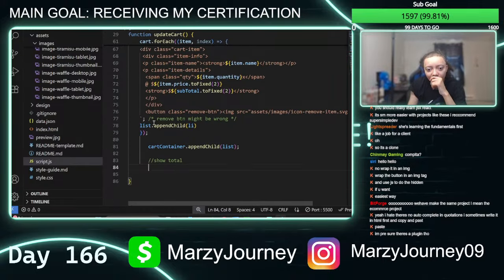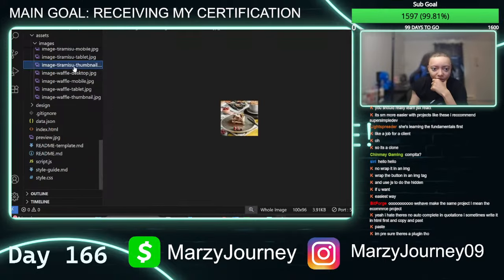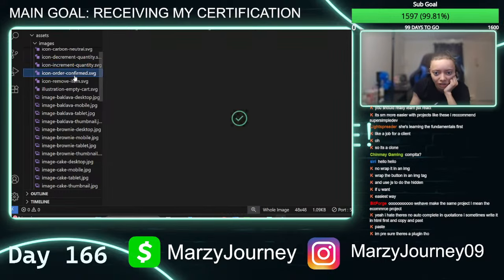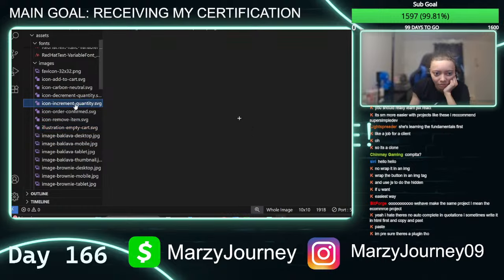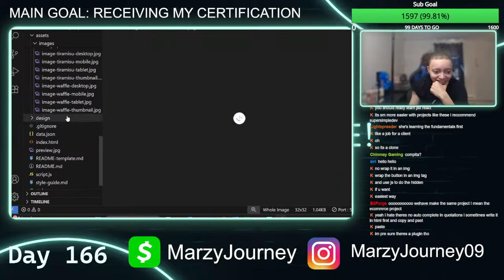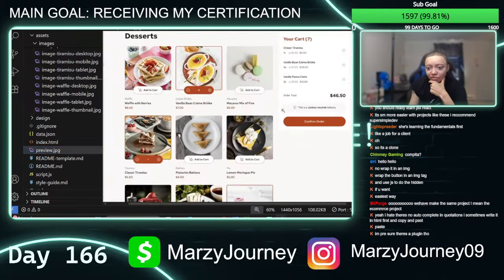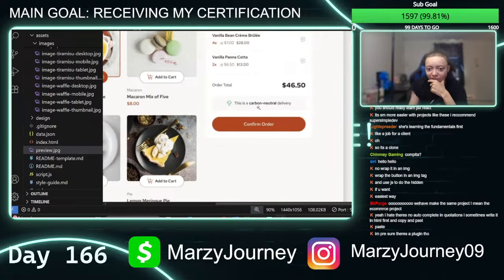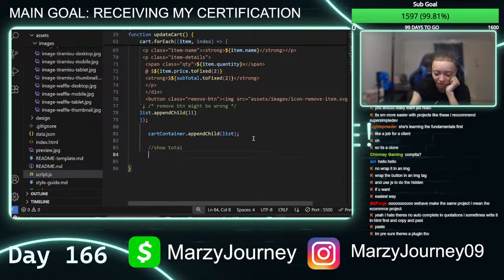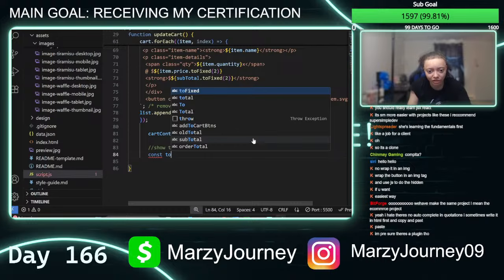That's just something else. Because I think there's a couple of things. I feel like I still have a couple of images that I need to go through. I just need to see what everything looks like without me putting my image. Because the confirm order at some point is going to come. Then the plus and minus need to come. Oh, this needs to come in my cart area as well. But I don't have it ready. What is this? Isn't this just Frontend Mentor? Do they want me to put it on the website? They're like, yes, please put this at the bottom. But yeah, so that's where the tree is used right there, which I don't think I have any of that text popping up. So I need to eventually make that pop up at some point. But I don't think that's going to be something I target as of today. I kind of want to just get the cart to work.